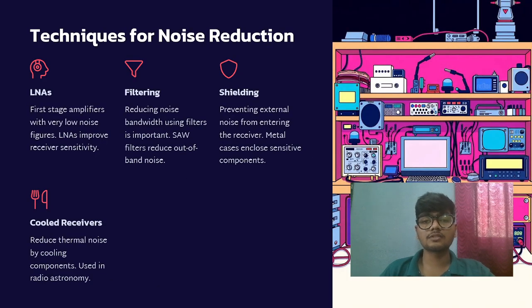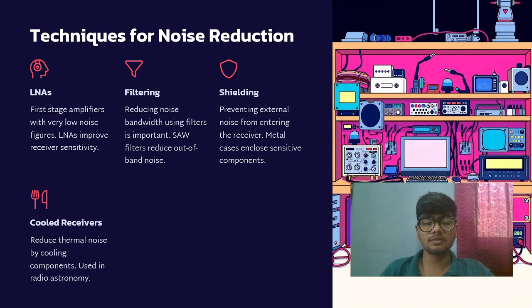Techniques for noise reduction: LNAs, filtering, shielding and cooled receivers. First stage amplifiers with very low noise figures, LNAs, improve receiver sensitivity. Reducing noise bandwidth using filters is important, as filters reduce out-of-band noise. To prevent external noise from entering the receiver, metal cases enclose sensitive components. Cooling components reduces thermal noise, as used